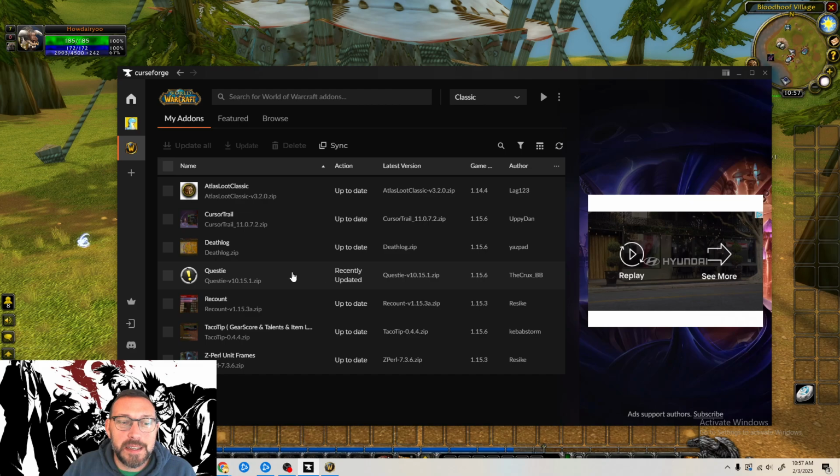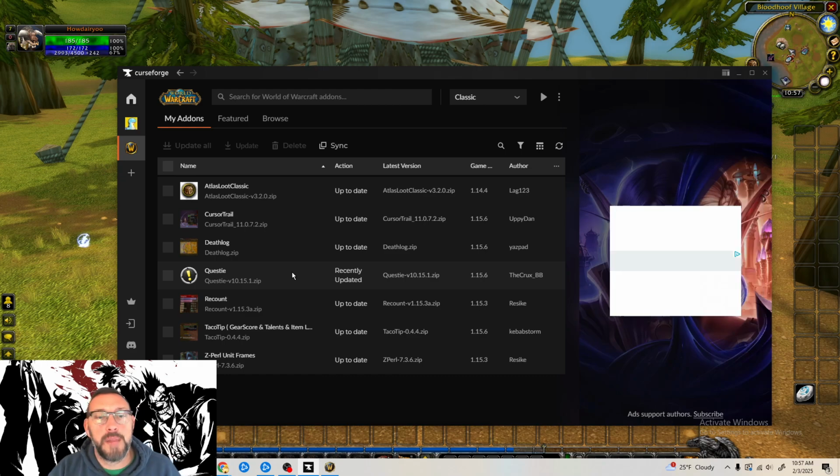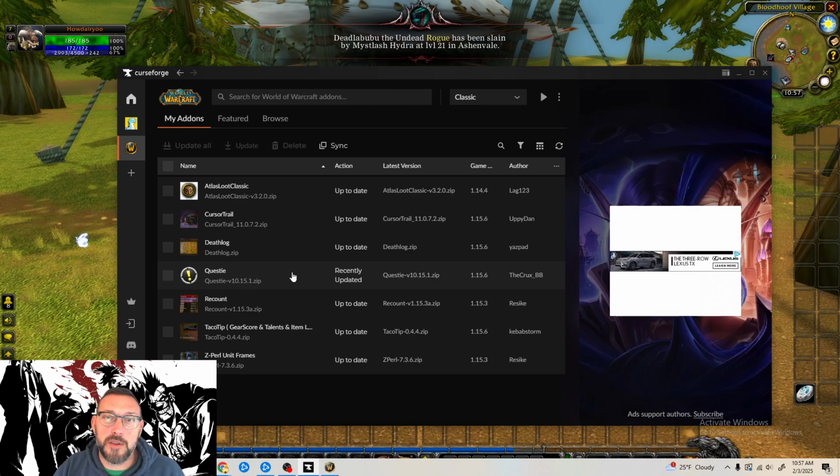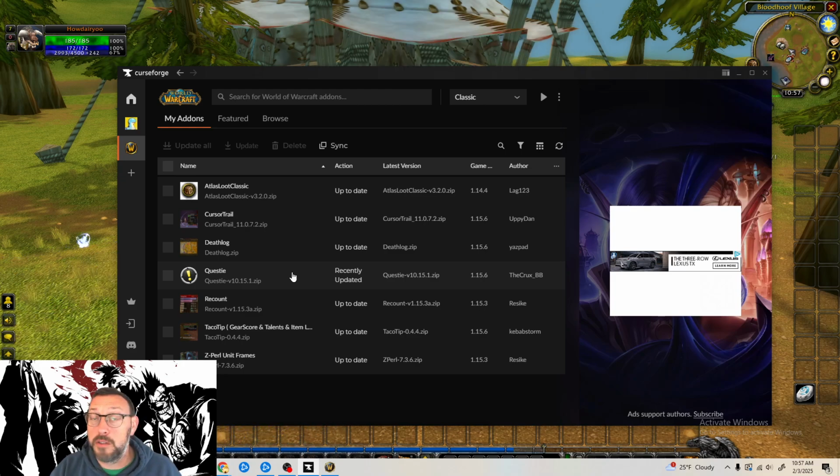Next one, Questy. This one is pretty huge, I think, for Classic, just because it gives you the ability to plan out your quests more efficiently. So this is going to be marking stuff on the map. Say you need to kill 12 Planestriders to get 12 Planestrider beaks. Well, it's going to show you on your map every instance where a Planestrider is going to spawn on the